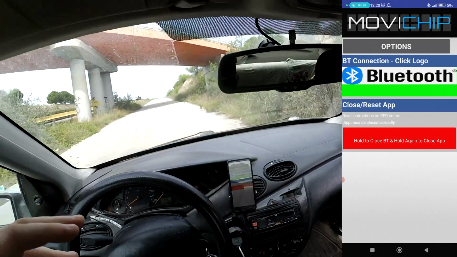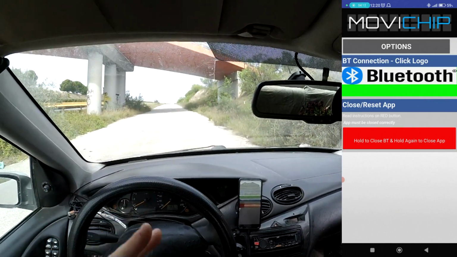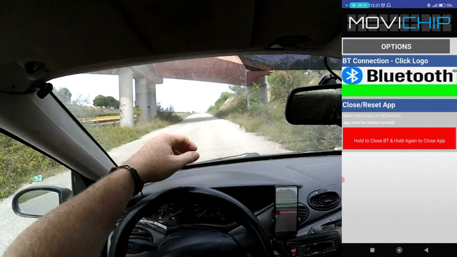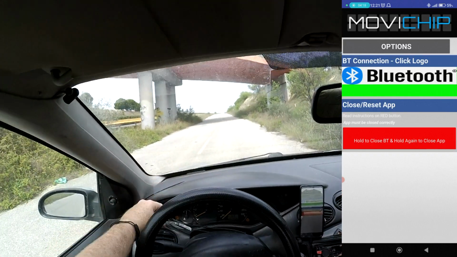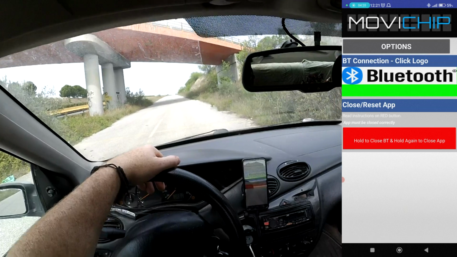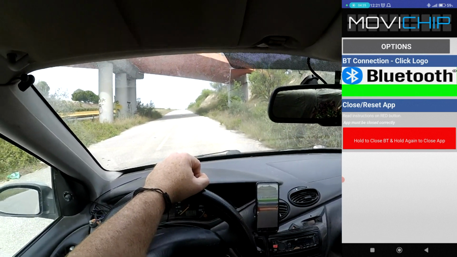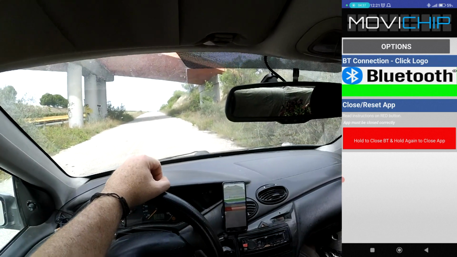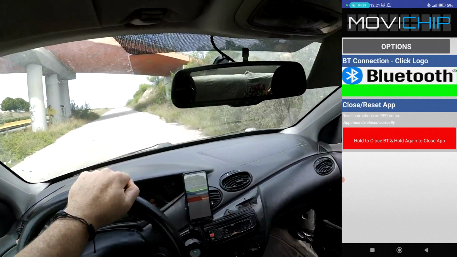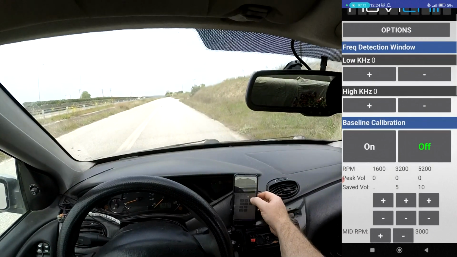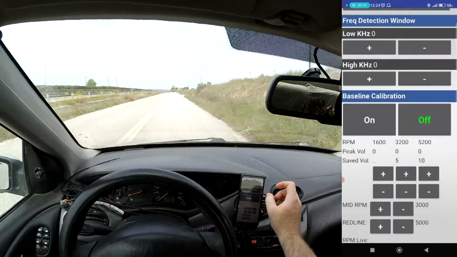So what is the KSC3? The KSC3 is a knock sensor controller. It will give you a visual indication of engine knock using LEDs, and it will also give an electronic indication of engine knock by outputting a 0 to 5 volt signal to an external engine ECU or data logger or whatever you're using. So to start with, we come to the app, we open options,